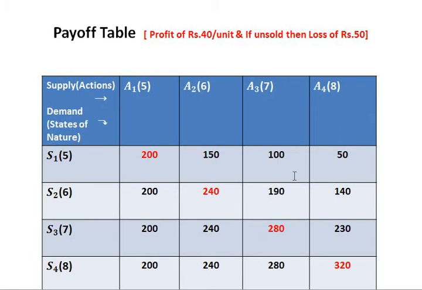And here the remaining triangular entries are there. We are going to subtract the loss of 50 units. So 200 minus 50 is 150. Again one more 50 extra unit, 100. Again one more 50, 50. Here, 240 minus 50, 190. Minus once again 50, 140. Here the profit is 280 minus 50, it is 230. So this is the way. I think you might have understood the technique a little bit.